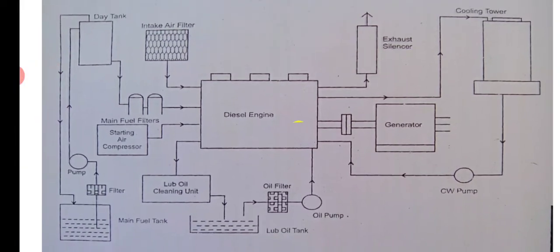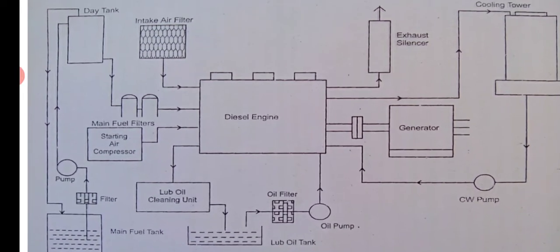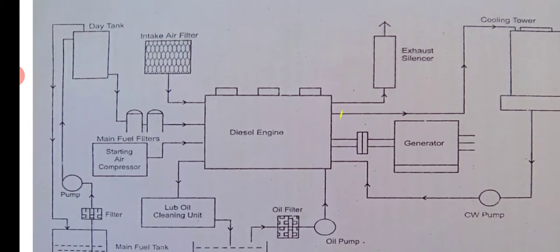Now to the extreme left, at the top, you have the day tank. Day tank means, these diesel power plants consume a lot of diesel. So they will have a huge storage tank first, and from that storage tank we will pump the daily quantity required for a day or two. That small tank is known as the day tank. Otherwise they have big storage, like you have seen at Indian Oil terminals. They will store diesel there, but for day to day use they will have a small tank.